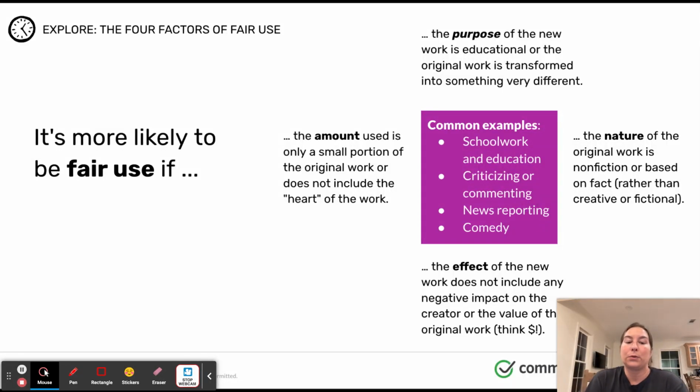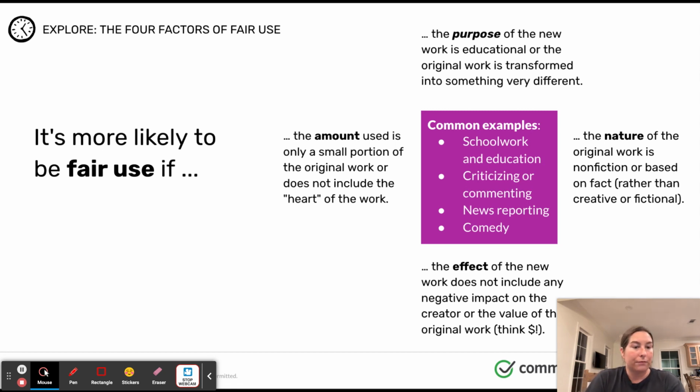Okay, so from the website Common Sense, I liked this because fair and square. It says it's more likely to be fair use if the purpose of the new work is educational, or the original work is transformed into something very different.